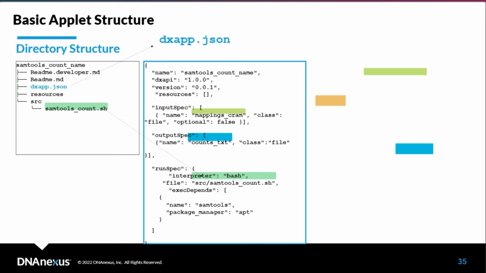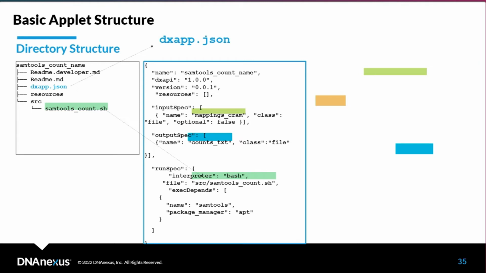file. So in this moment, it's a CRAM file. It's a typical class. This is file. Optional is false. This means that this file is required and it has some name. And then also we would need to define output file in the output spec, which is now